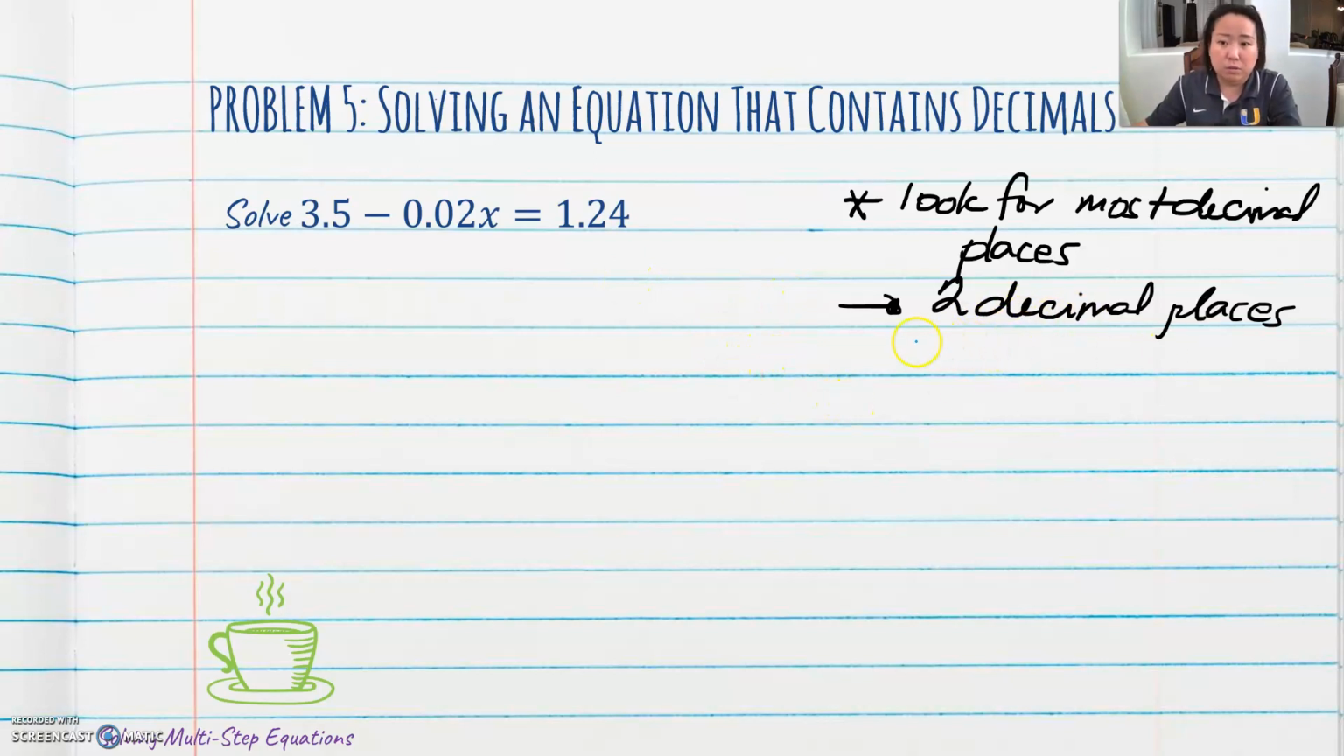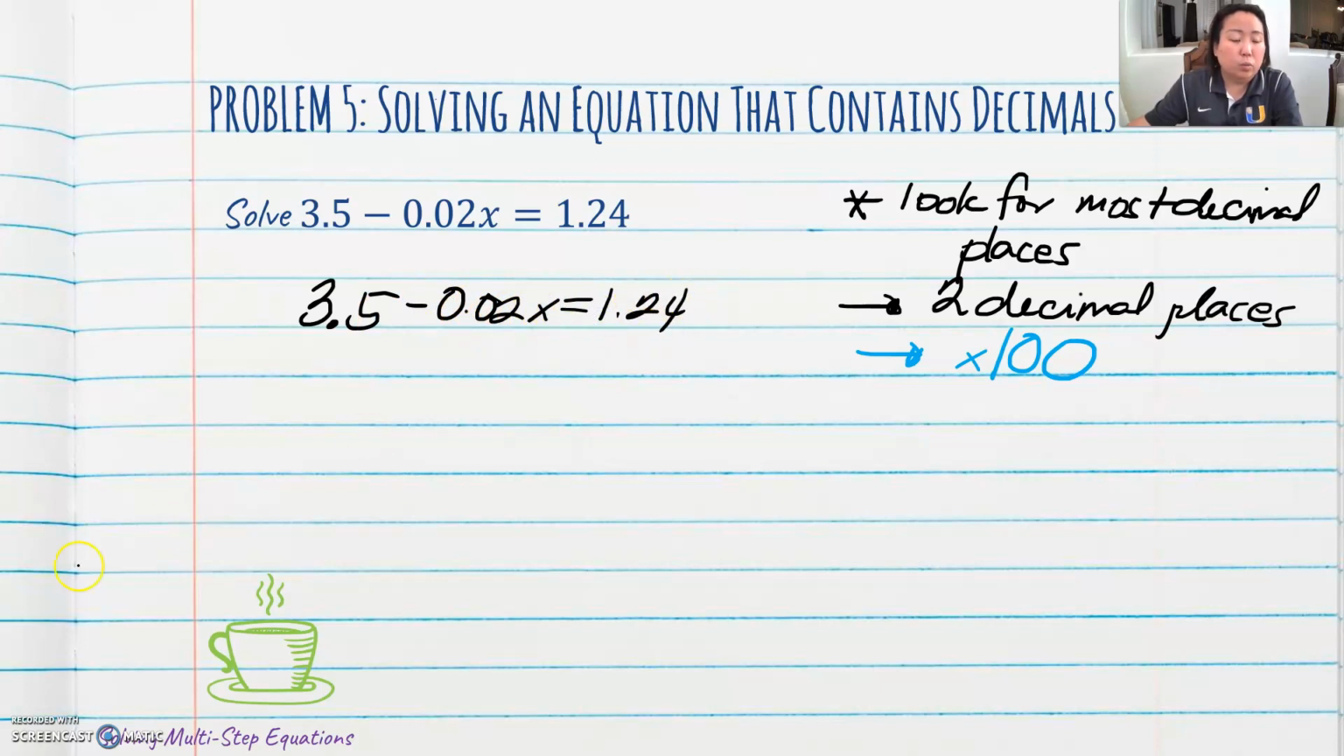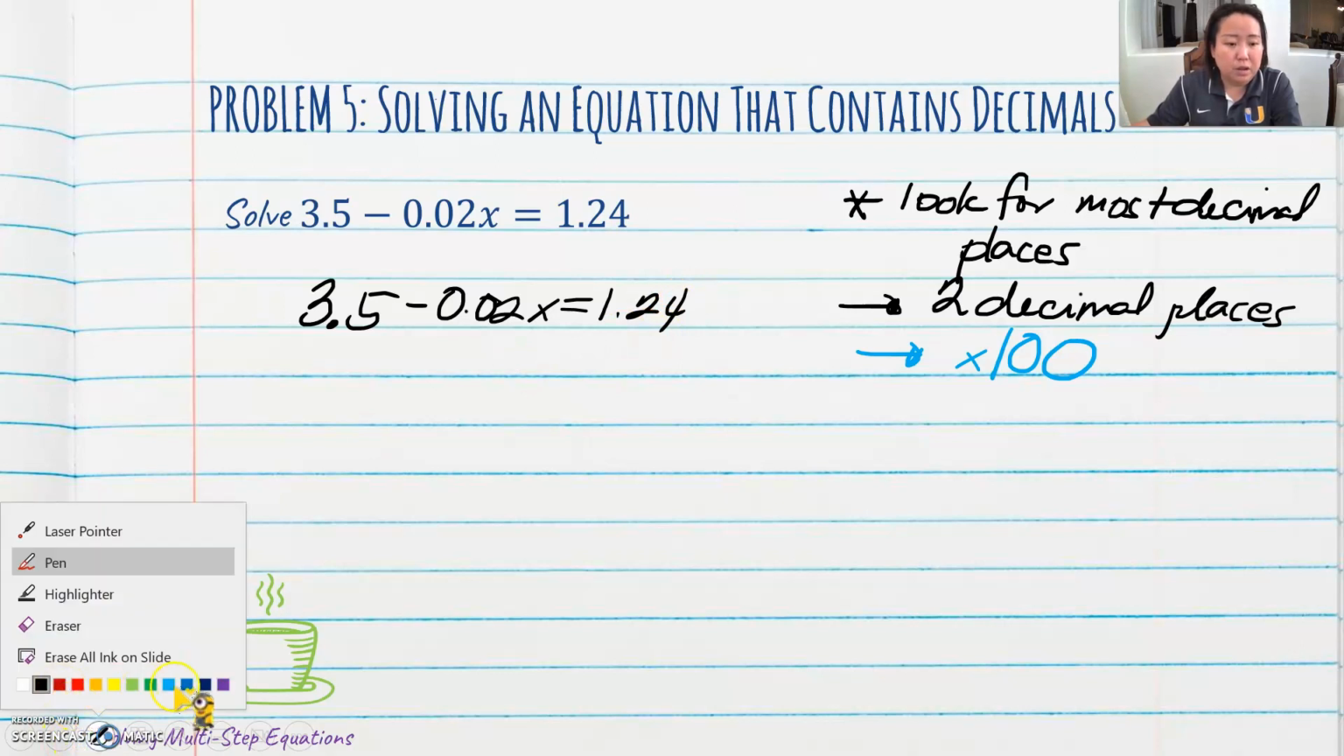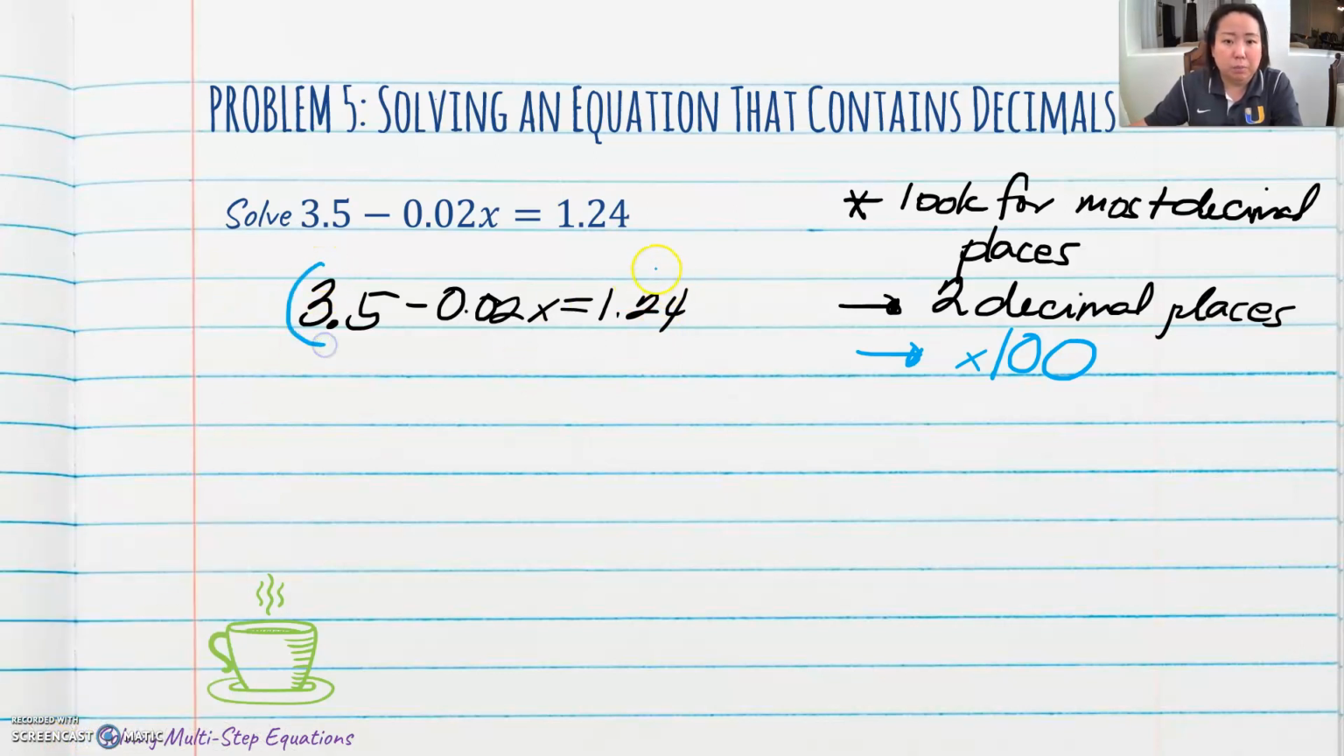So because there's 2 decimal places, it simply means you have to multiply by 100. Okay? So everything in this example, all the numbers in this example, so we have 3.5 minus 0.02x equals 1.24. We have to multiply everything by 100. So multiply the whole thing by 100. And how do we do multiplication by 100? Well, you have 2 zeros. It means you have to move your decimal point 2 places also to the right. And so